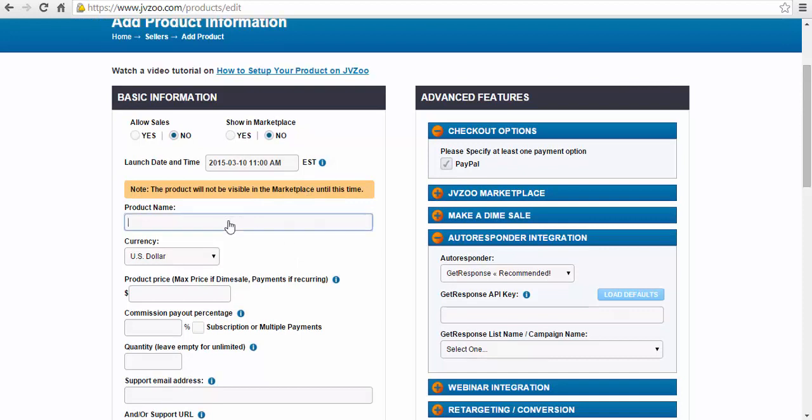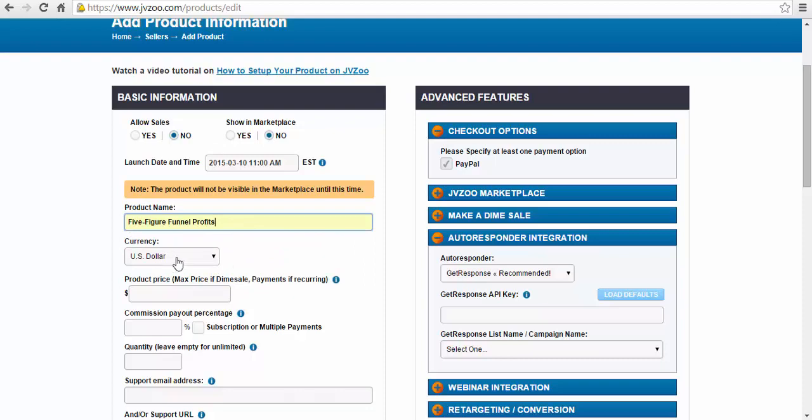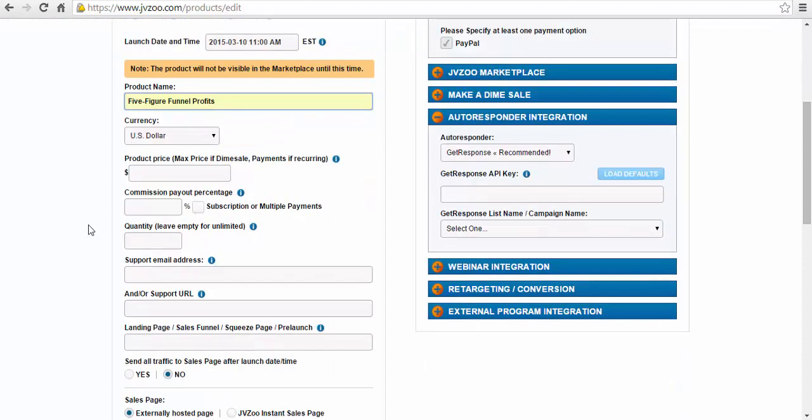So then product name, this should autofill. Yes, it does. So 5-figure funnel profits. Doing it in US dollars. The product price is $7. Okay, so